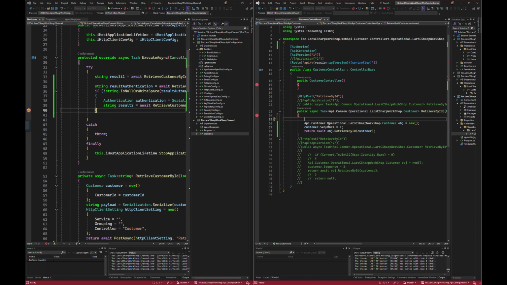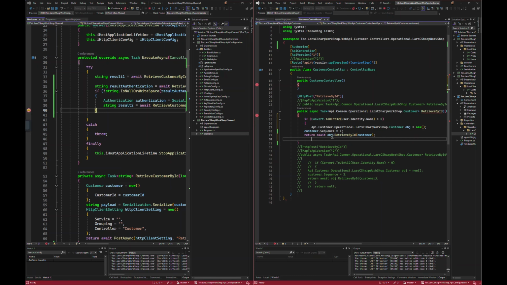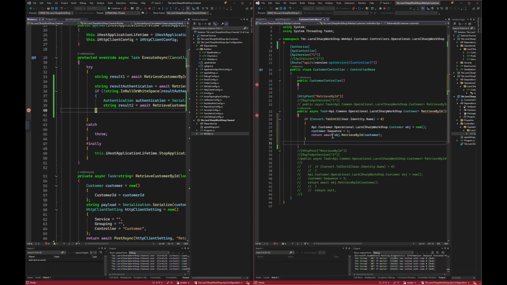What we want to put in here is this. Now, I'm just going to put a little wrap around this and just return null, because I don't want anyone to know that we were here, right? I don't want them to know that they even got here. So this is going to check to see if the user identity name is greater than 0. Now, I probably should make this not equal to 0 since the other one's not equal to 0, but that's okay. So let's just put this breakpoint here, and I'm going to restart the customer,